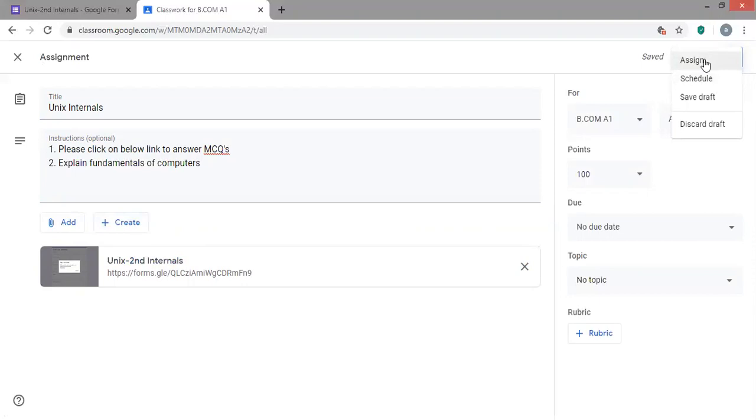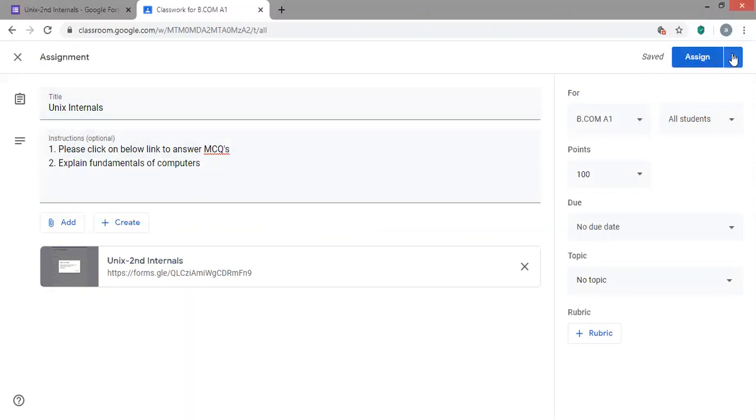Okay, once this has been done, you can schedule the time or you can directly assign it. Make sure that when you assign it to the students, sometimes if you have already created the class and the students are already in the class, once you click assign, there might be a possibility where before the schedule of your examination itself, the students will be able to see all the questions. So don't do this. You can assign this at the time of your examination. So till then you can keep it as a draft, or you can also schedule it. Okay. So this is how you are going to send your link to the students.